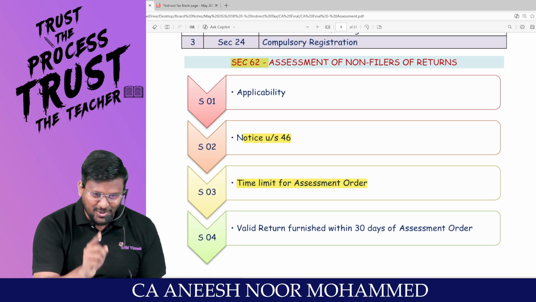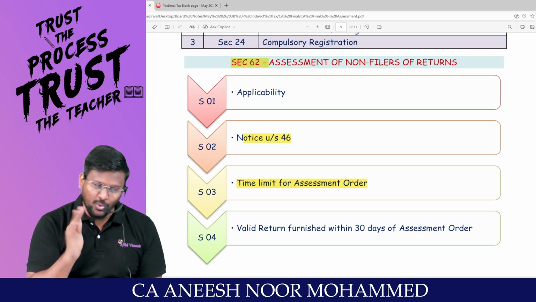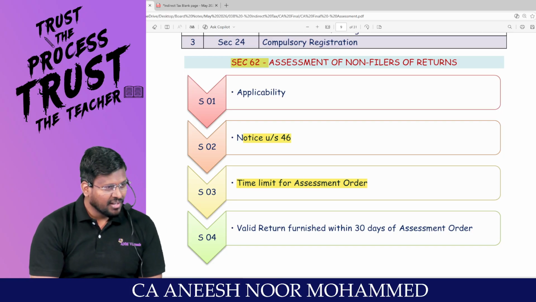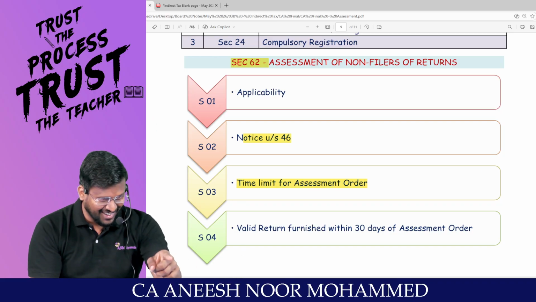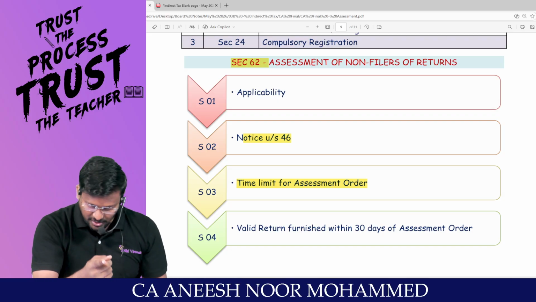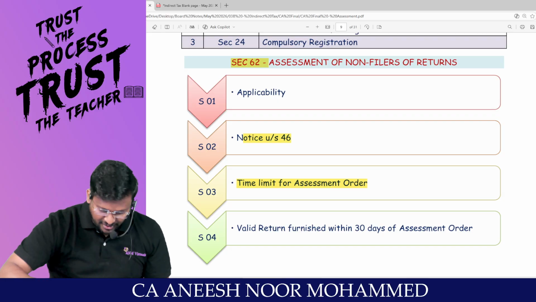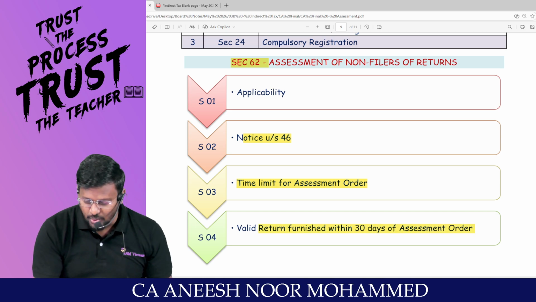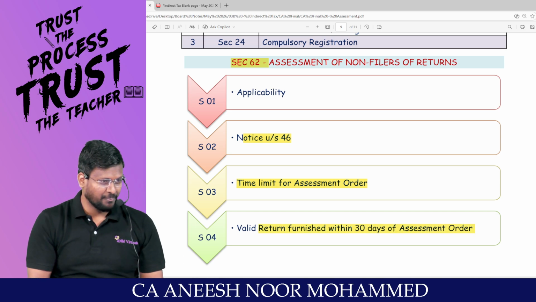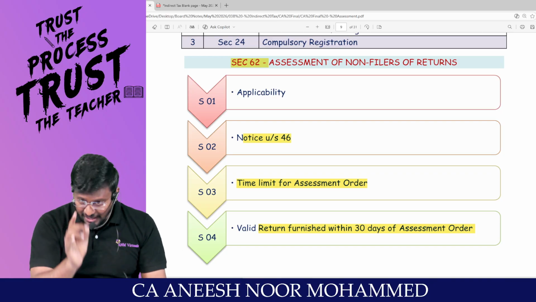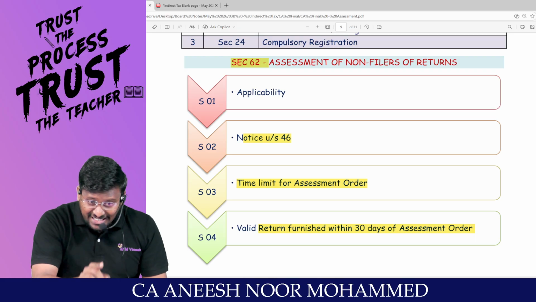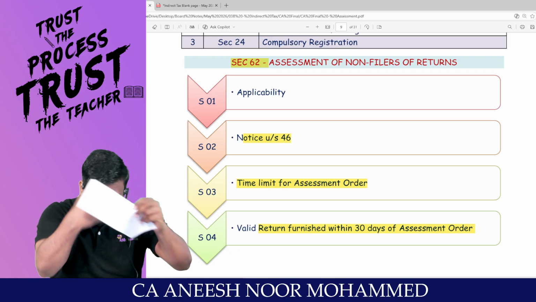This is what I also asked. At that time, you could have filed the return. If you don't file the return, I will pass the order like this only. Then you do one thing. You are a registered person. If you file a valid return within 30 days of the assessment order, then also, if you are ready to file the return within 30 days of this assessment order,